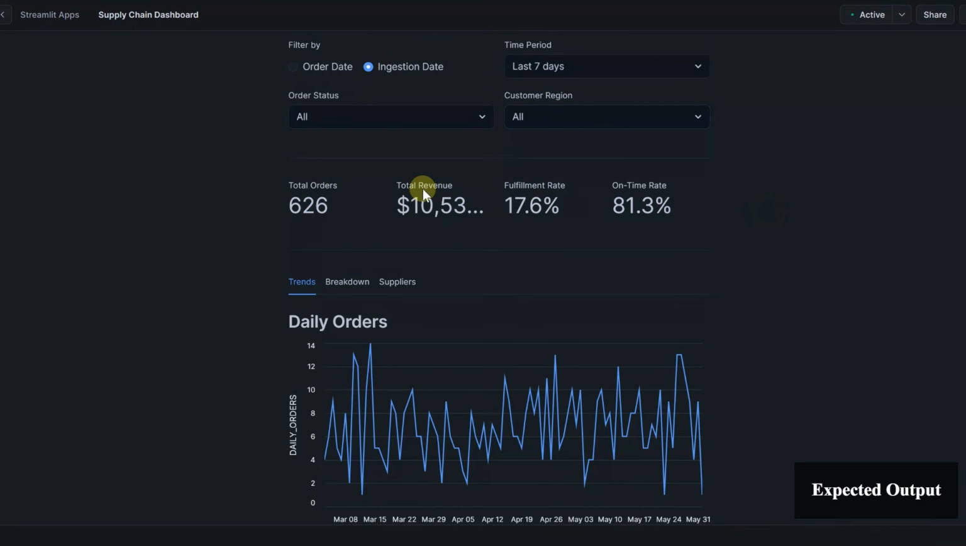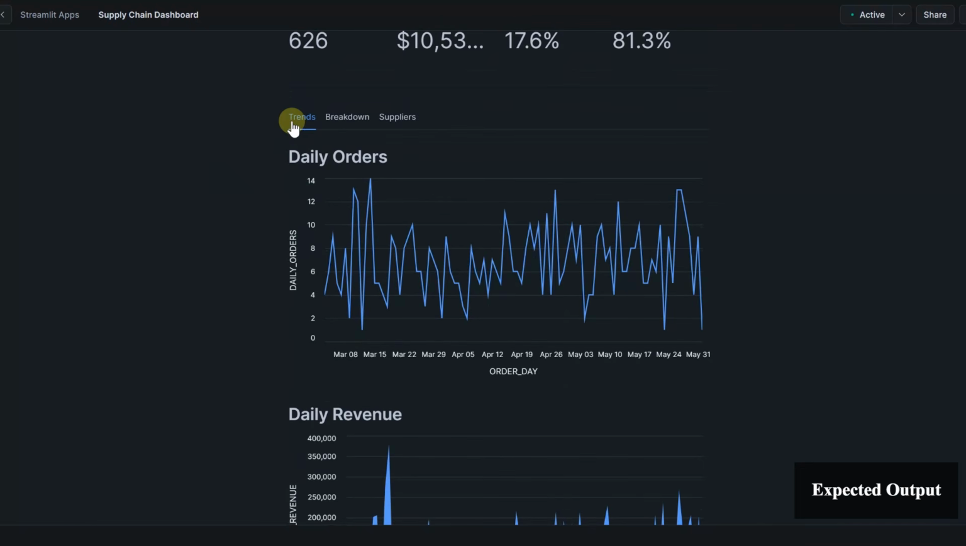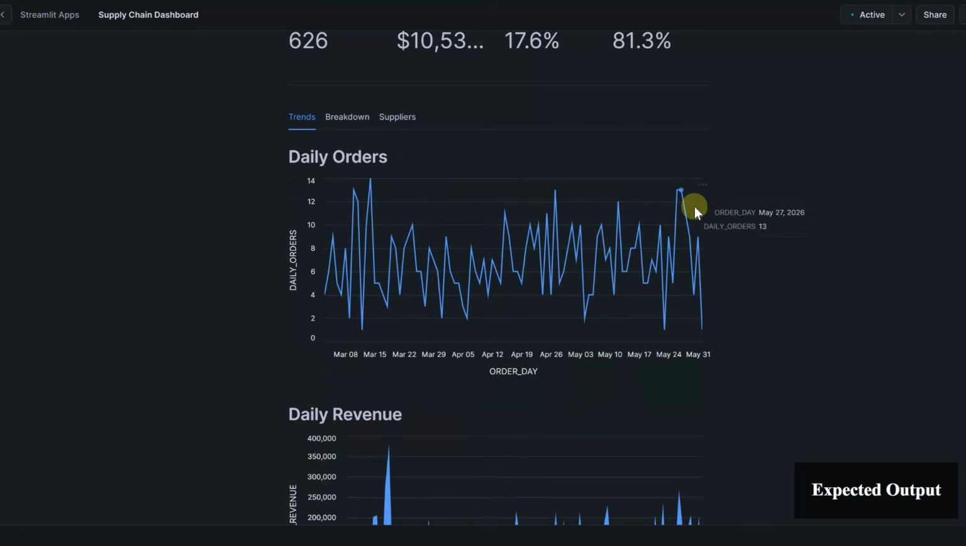One for total orders, then total revenue, fulfillment rate and on-time rate. Afterwards, if you can see, we have given 3 tabs, namely trends, breakdown and suppliers. Under trends, we are showing